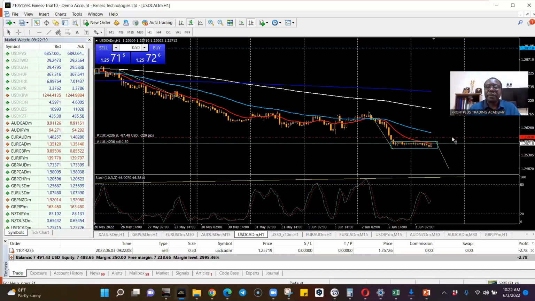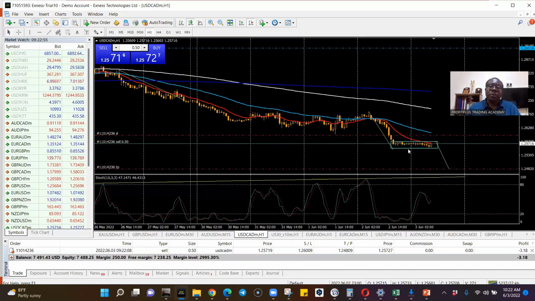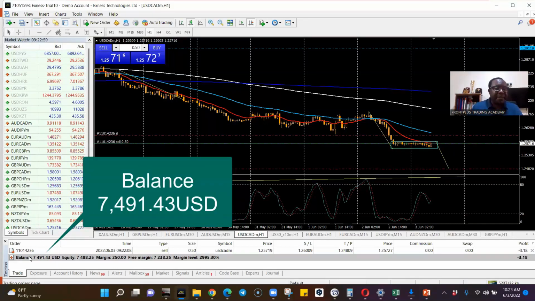Okay, so I can take my risk to this level of previous resistance, its previous support, which might be a resistance, and of course price can get to this point. I'm just taking this trade so you can see something. If you look at their balance here, the balance on this account, which is the margin balance,